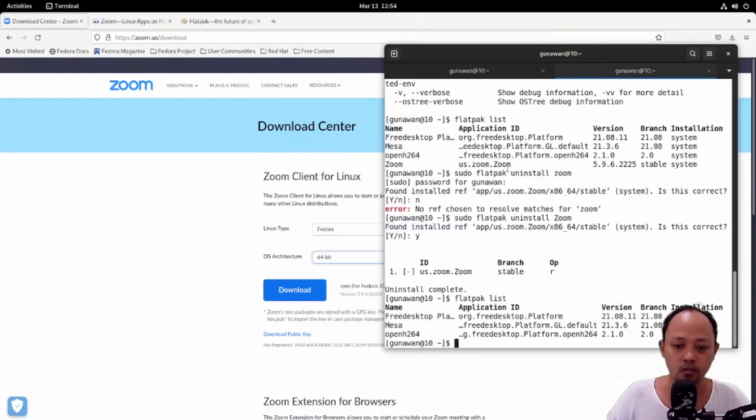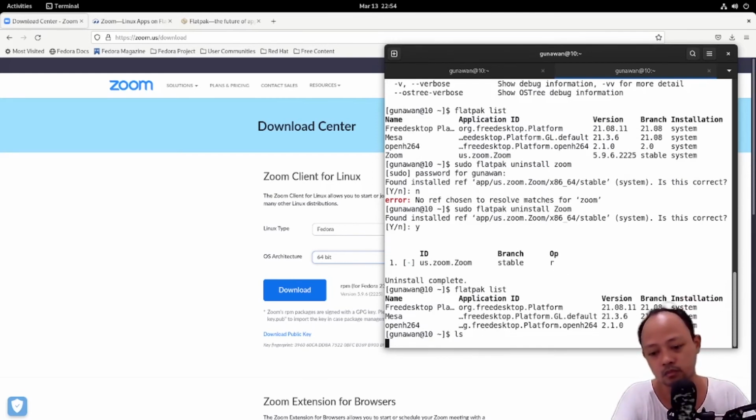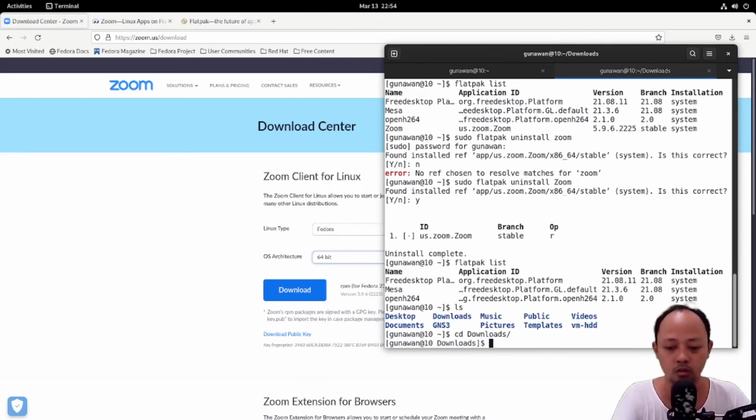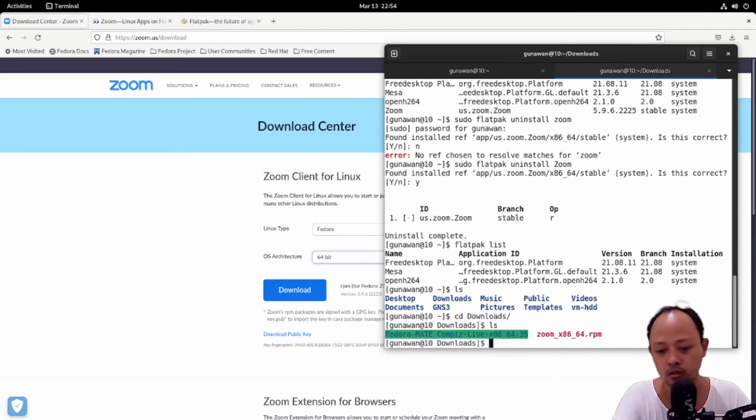and then open your terminal and go to the download folder. Go to the folder that you are using to save your download file. This is the file that we already downloaded from Zoom.